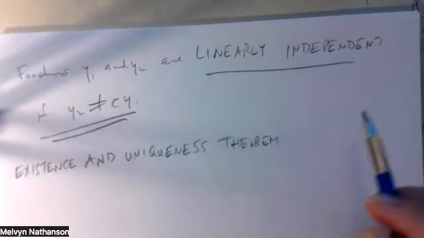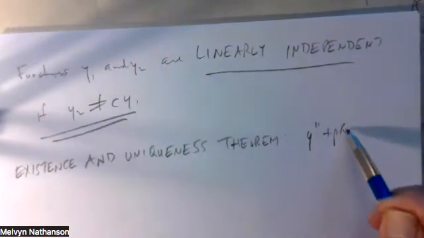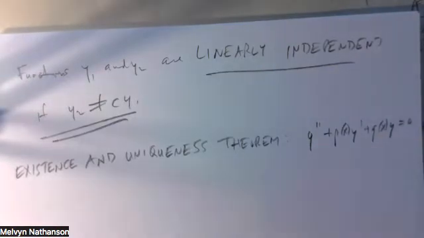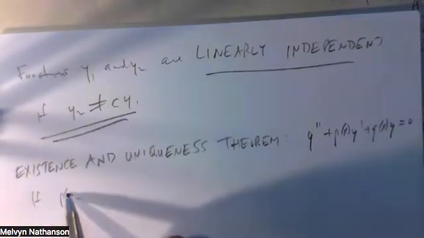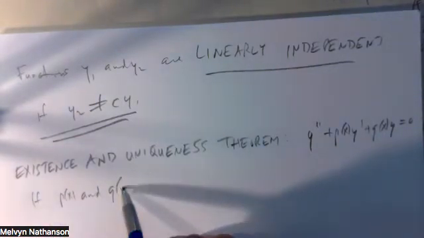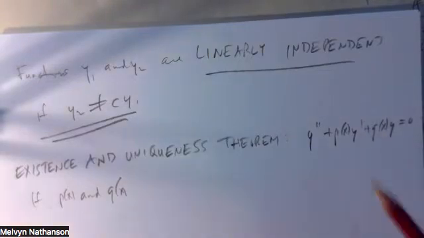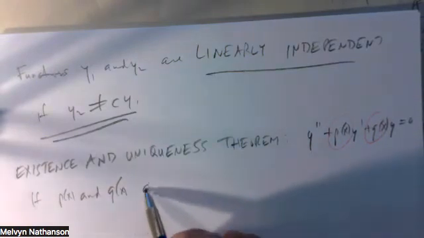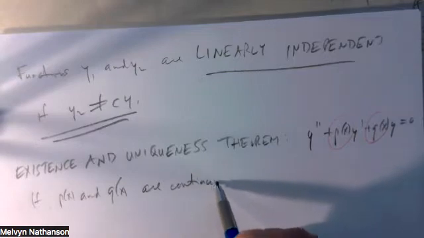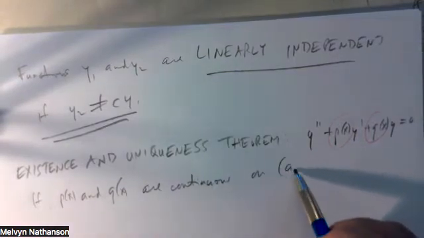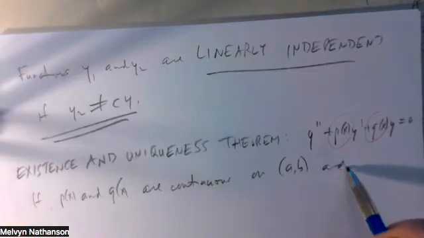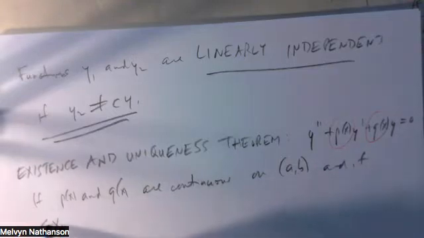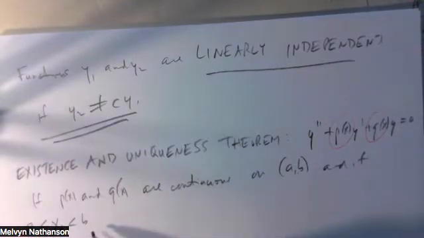This is, again, for second order linear homogeneous differential equations. If P of x and Q of x, those are the two functions that define the differential equation, are continuous on an open interval AB, and if x naught is in this open interval, so x naught is strictly between A and B,